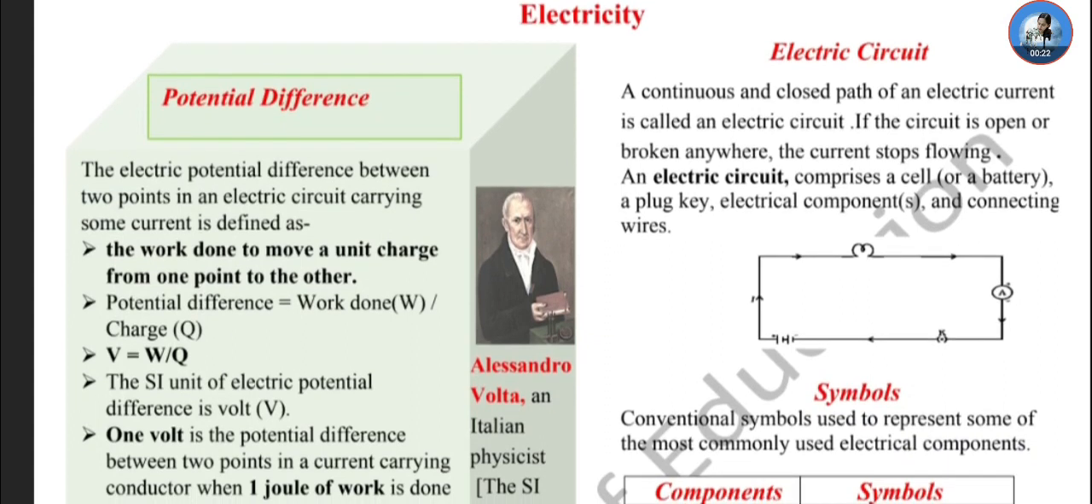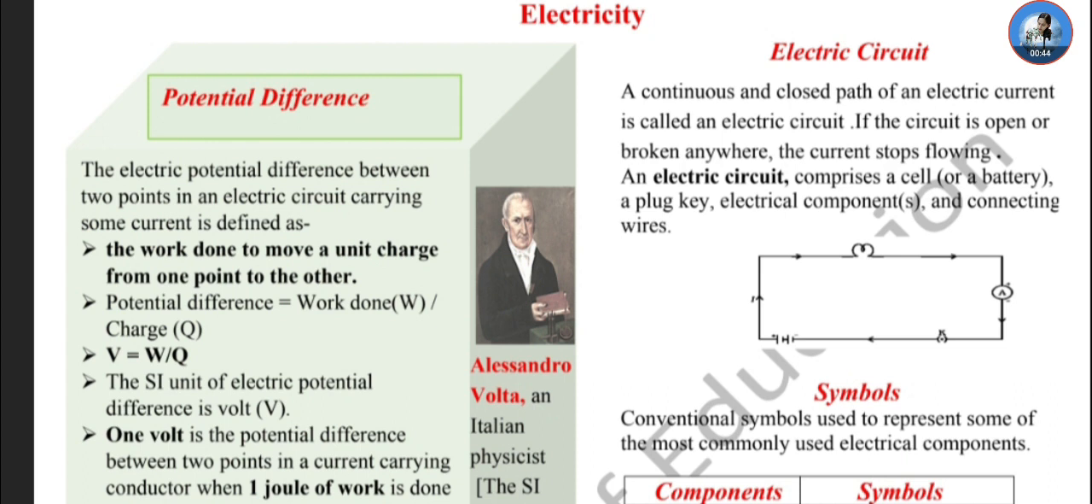It is the electric potential difference between 2 points in a circuit carrying some current. What is the definition, students? The work done to move a unit charge from one point to another. It means when we carry a unit charge from one point to another, then the amount of work done is